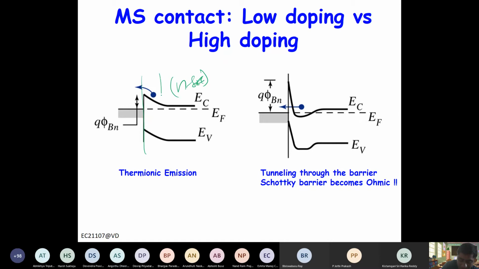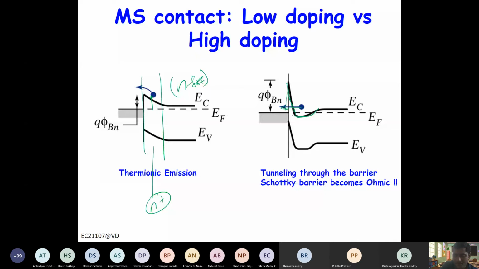So what we do here, we highly dope this region. So this is n-type, this becomes n plus. So when it becomes n plus, what will happen? The Fermi level and the conduction energy will be crossed, and a lot of electrons will be there. Again the barrier will be there, but it will be thinned down, because for n plus, especially for high doping, the Fermi level will be above or inside the conduction band, right? So it has to go here anyway. Now this barrier is very thin, so electrons can easily tunnel through it. So that will basically act like an ohmic contact.